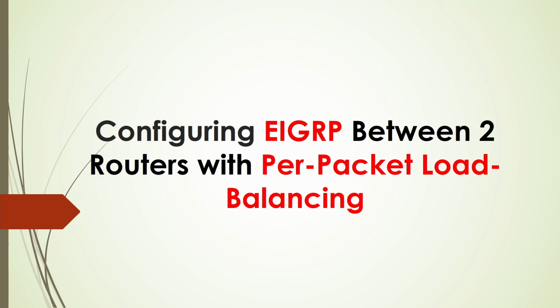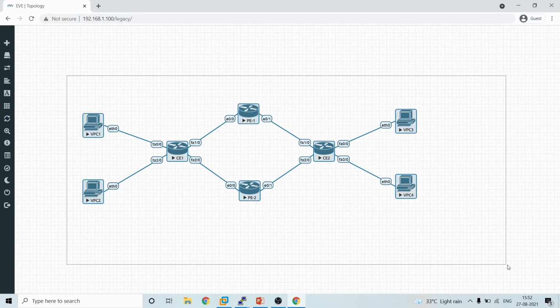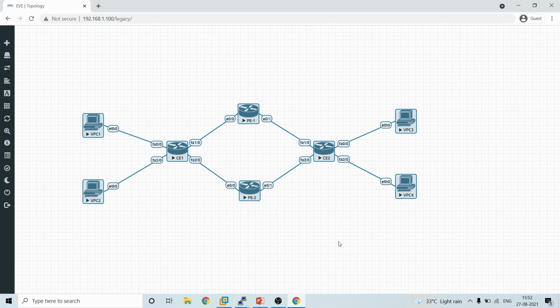So we have been running a series of configurations on OSPF, BGP and right now EIGRP. In our previous video we saw how to configure EIGRP between two routers. In this video we are looking into some advanced EIGRP, wherein we configure EIGRP between two routers based on per packet load balancing and also per destination load balancing. I've already spun up a VM and set up a small lab. We'll look into the configuration of each device one by one.